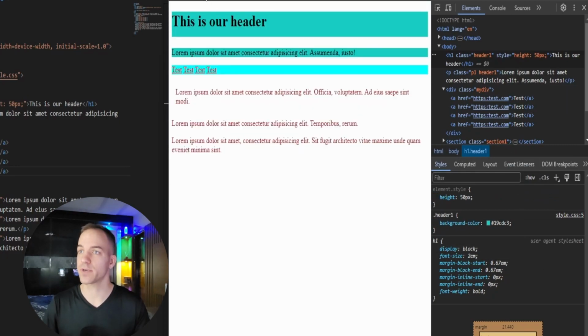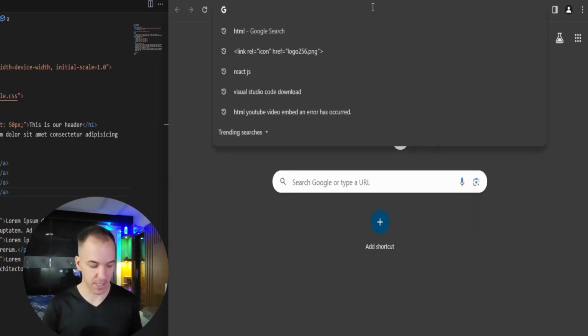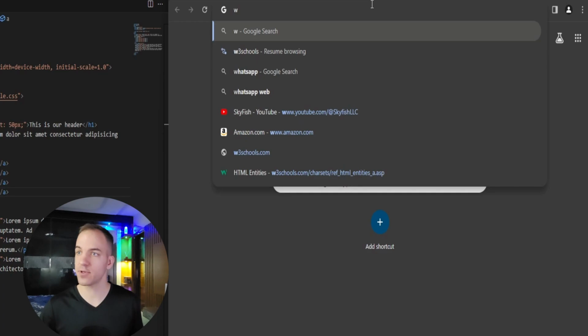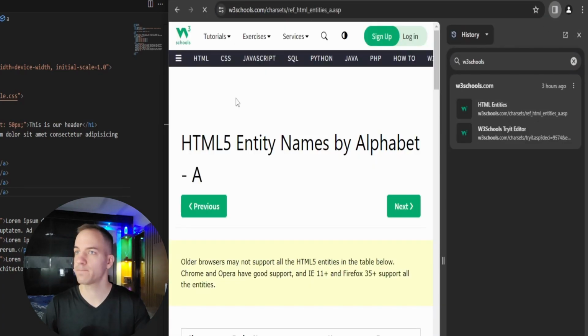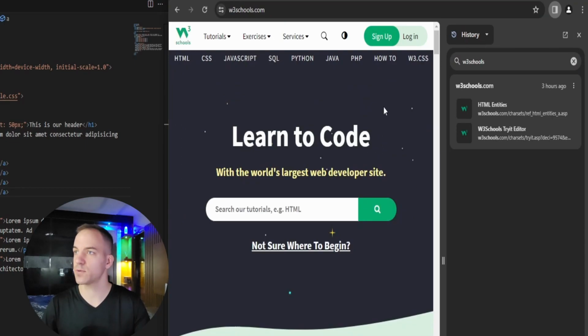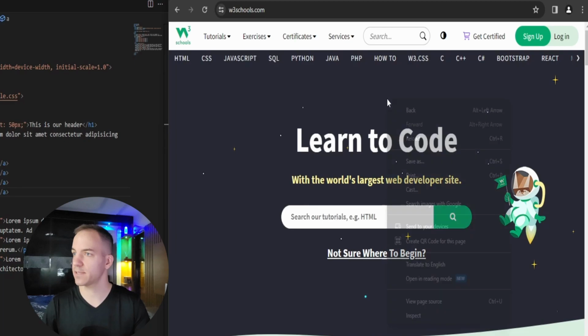So if I were to reload this website, it's going to reset it back to what's in our actual CSS and HTML files. But I can actually do this not just on my own website that I have the code for, but on any website, like maybe W3Schools, for example. Here's my W3Schools website. And if I click on here and say inspect,